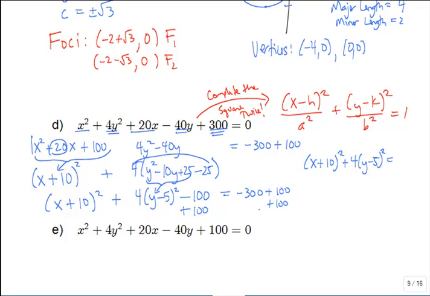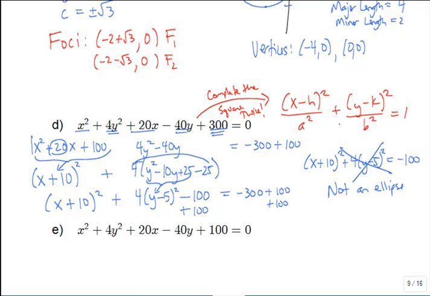And notice what happens on the right side. Negative 300 plus a 200 is a negative 100. And that should kind of give you pause right there. Because think about this left side. You have a quantity squared plus a positive 4 times another quantity squared. How can two squares that are being added together add up to something negative? It can't happen. So this does not have a solution. This is not an ellipse,